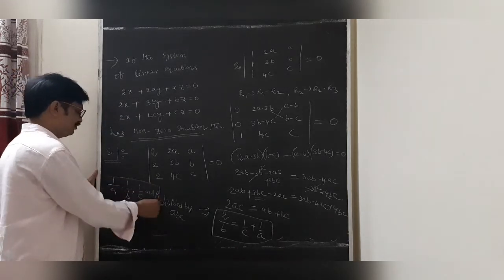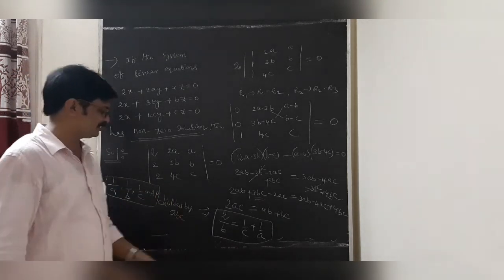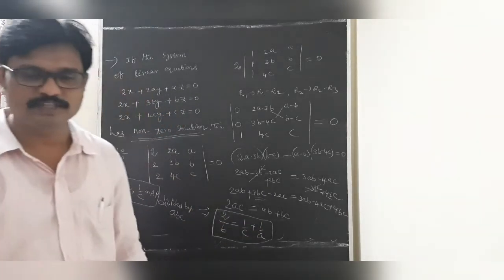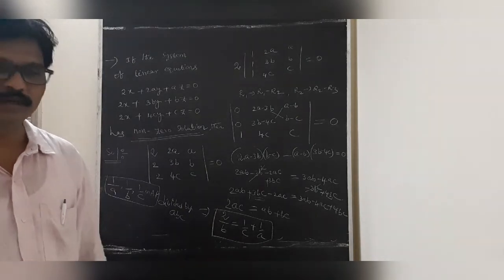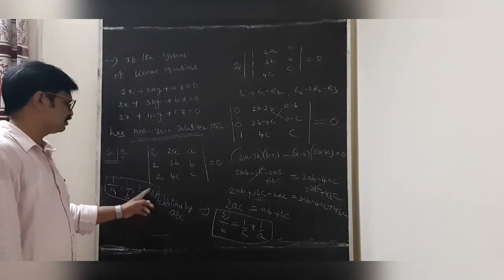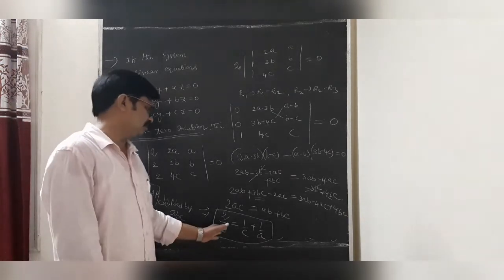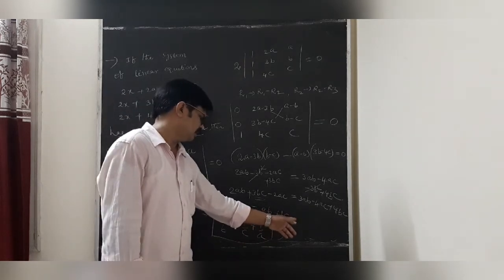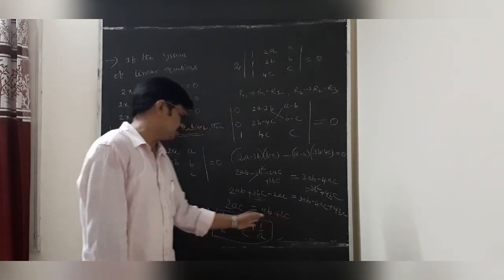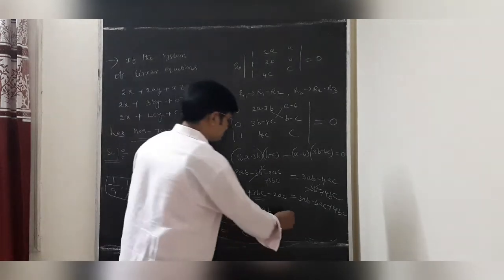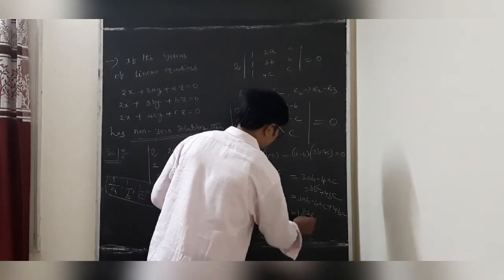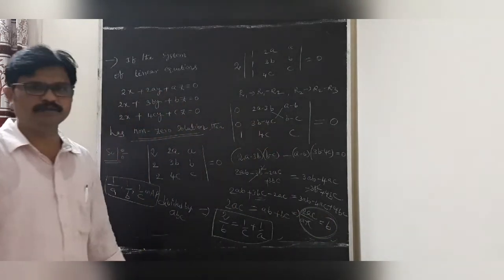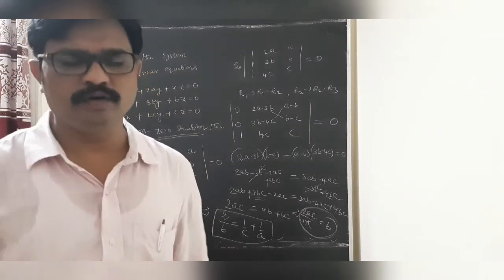But they are asking in a different approach. Directly we have to know that 2 by B equal to 1 by A plus 1 by C, A, B, C are in HP. The reciprocal of HP is AP, that is 1 by A, 1 by B, 1 by C are in AP. Is it clear, students? This can also be written as, when you take B as common, A plus C sent to the other side, 2AC by A plus C equal to B.